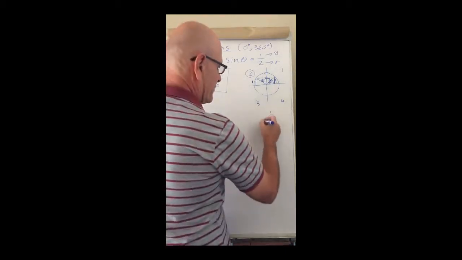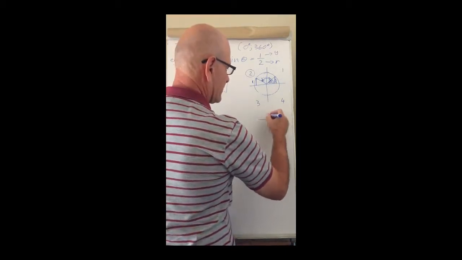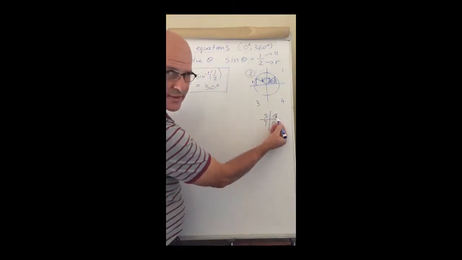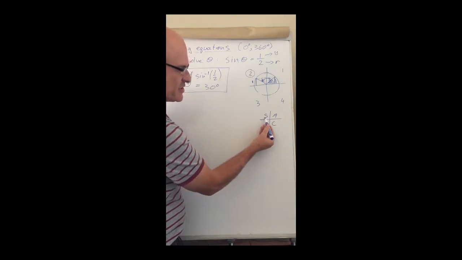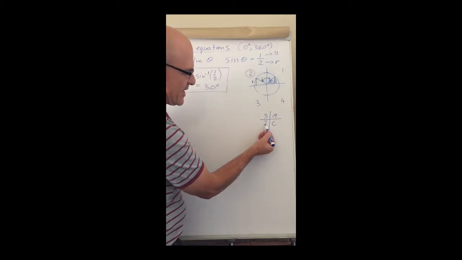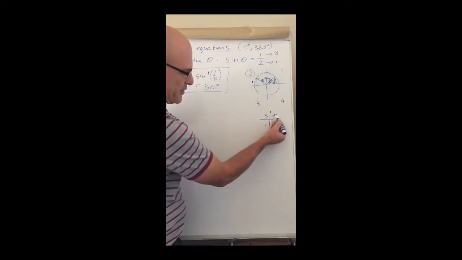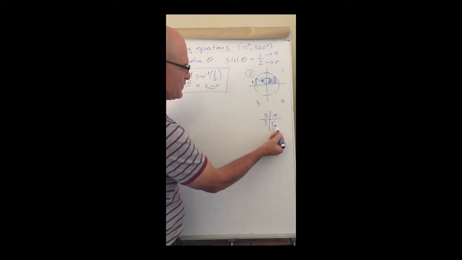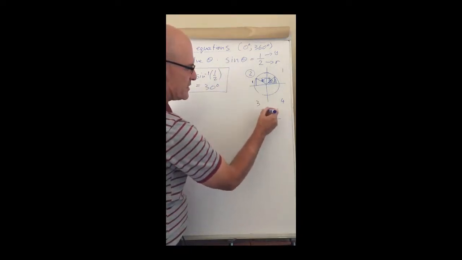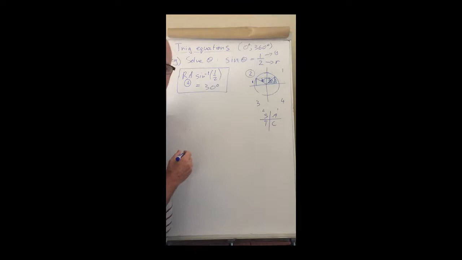If we refer back to our CAST model over here, we will see: everything, all, is positive in my first quadrant. Sine is positive in my first and in my second quadrant. Tan is positive in my first and in my third, and cos in my first and in my fourth quadrant. So I'm going to work in 2 quadrants now. For sine, we will work in my first and in my second quadrant to determine the angle of theta then. So first of all,